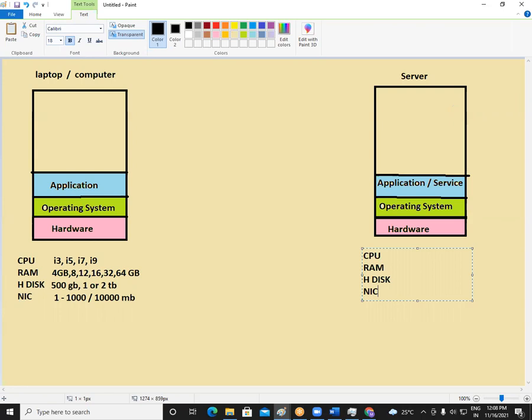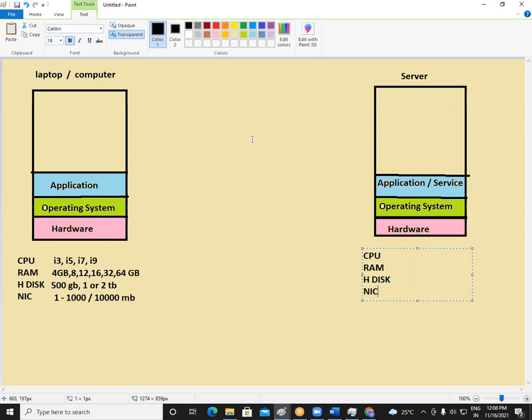Okay, coming to CPU, we have some generations here also. We have Intel, and in Intel, we have many processors. There is something called the Intel Xeon processor, which is quite famous in servers. Coming to RAM, there can be 16 GB RAM, 32 GB RAM, or maybe 64 GB, 128 GB, 512 GB. Compared to a computer, the RAM in a server can be much more. It can be 500 GB RAM also. It can be 1000 GB RAM also.